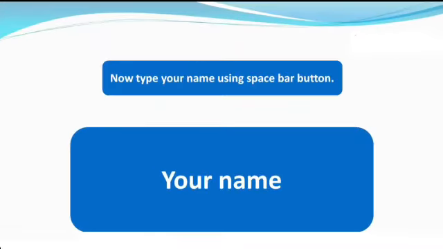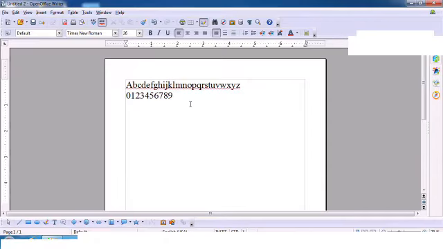And using the space bar button, type out our names. Let us also now learn the use of the space bar key.